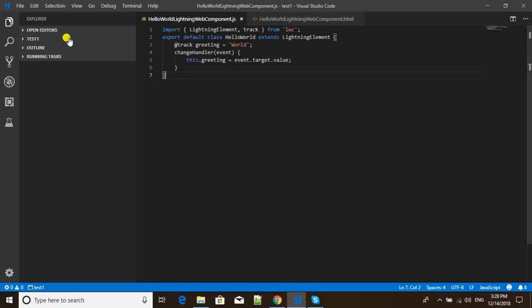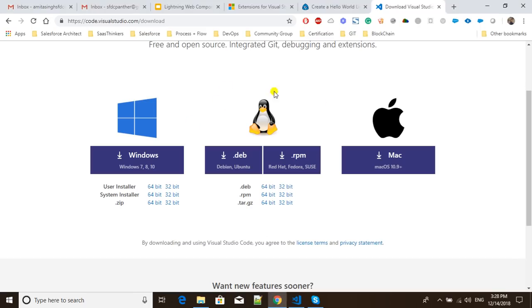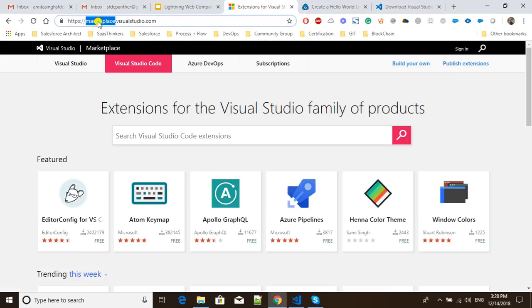the Salesforce extension pack in Visual Studio, so that you can work with the Salesforce items like Apex classes, Lightning Web Components, Lightning Components, triggers, and all that, whatever the metadata supported by Salesforce. So let's go ahead and I'll show you from where you can download. For that you need to go to marketplace.visualstudio.com, and here you search for Salesforce